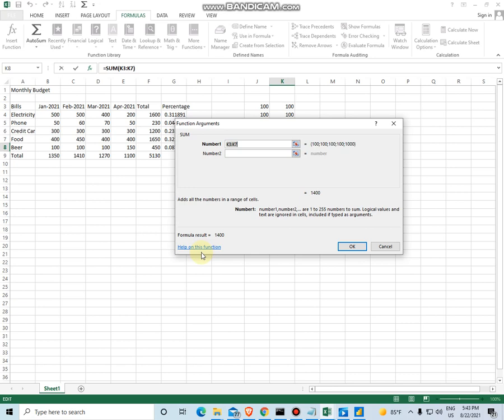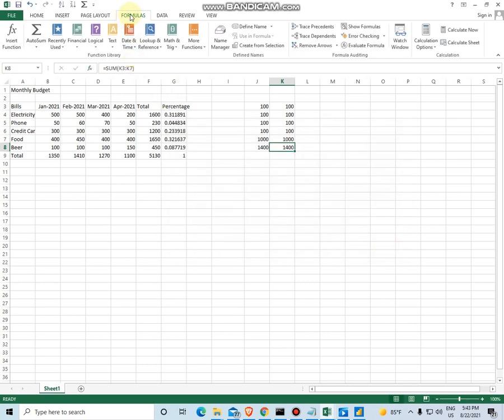Next, I will just mention the formulas tab. We are now at the formulas tab, and here they give you what's called the function library, essentially a bunch of little books where you can find all the various functions. And in the next lessons we will talk about them. We will talk about the most commonly used functions.